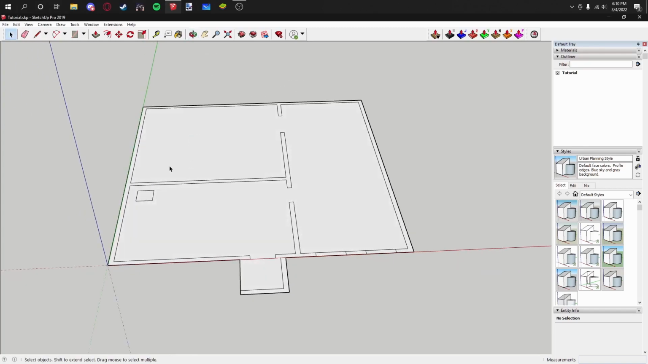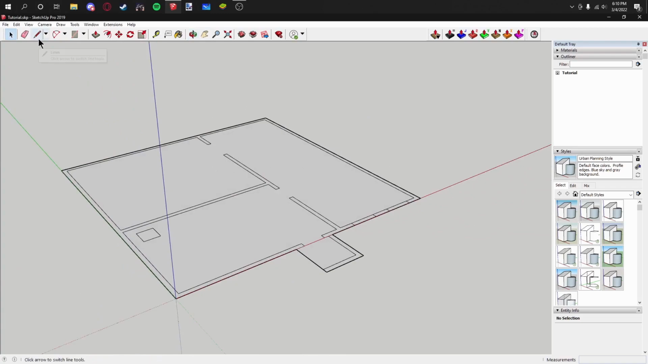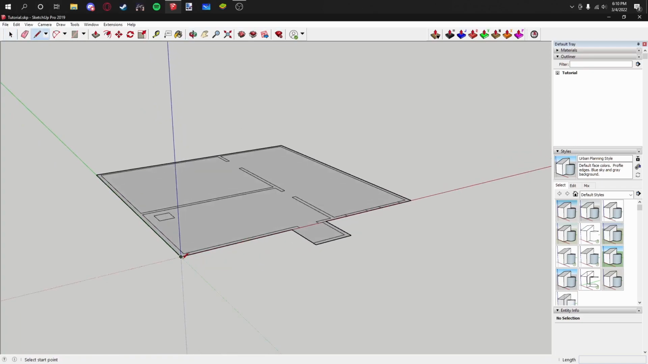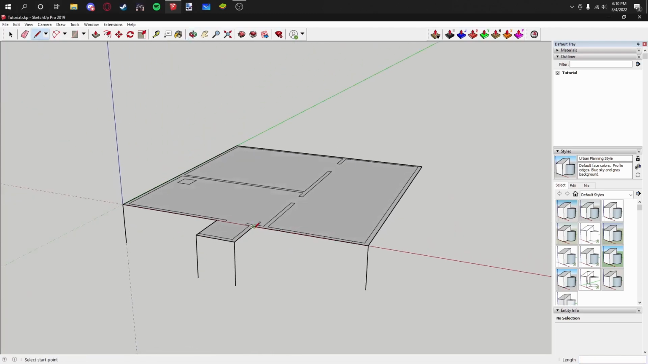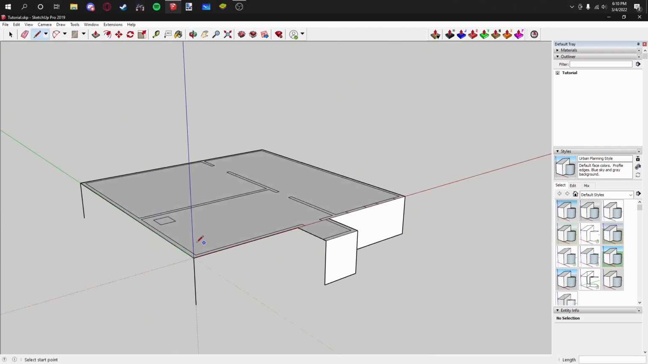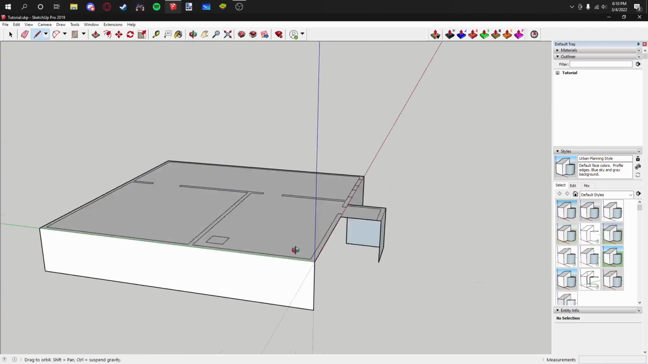Now, what we're going to do now is lay down the foundations. So we're going to select all the corners and drag them down by 5 on the blue axis. And now we connect all the bottoms of these lines together